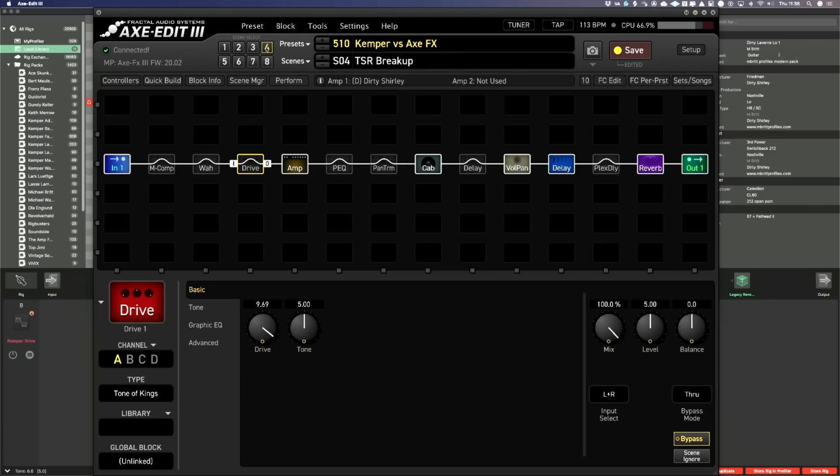Lastly, let's have a look at the quality of the effects between the AXE FX and the Kemper. I'm not going to go through loads and loads of different effects. I'm just going to look at reverbs, and we'll just look at a shimmer style reverb. If I go to this scene,